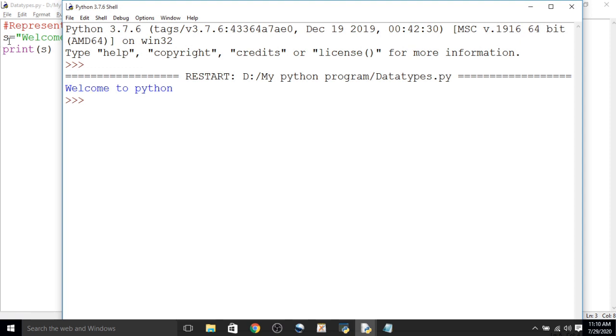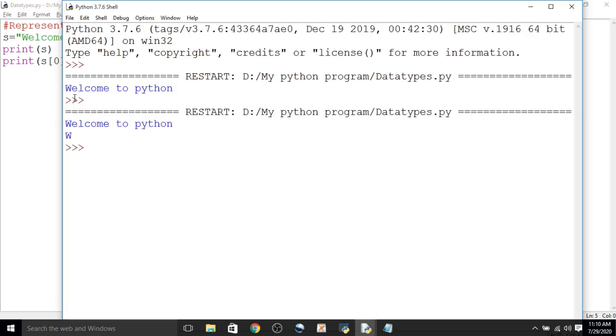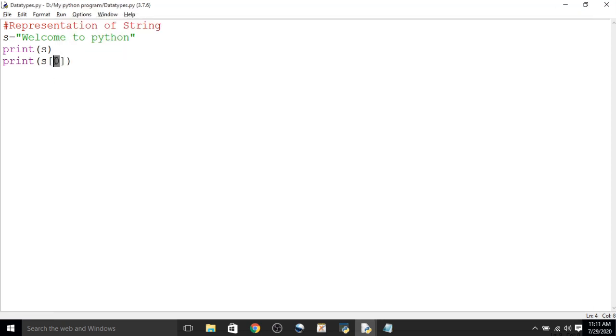Now if you want to retrieve the first character of that string, print s[0]. We want the slice of the first character of the string. Look here, we get the output W, so the first character of a string is stored at index 0.